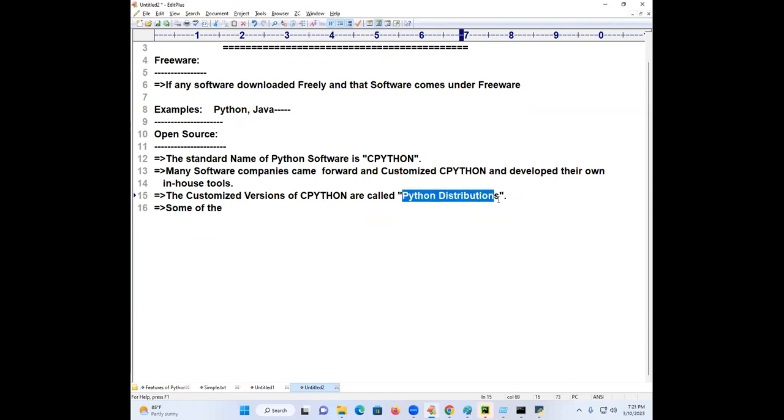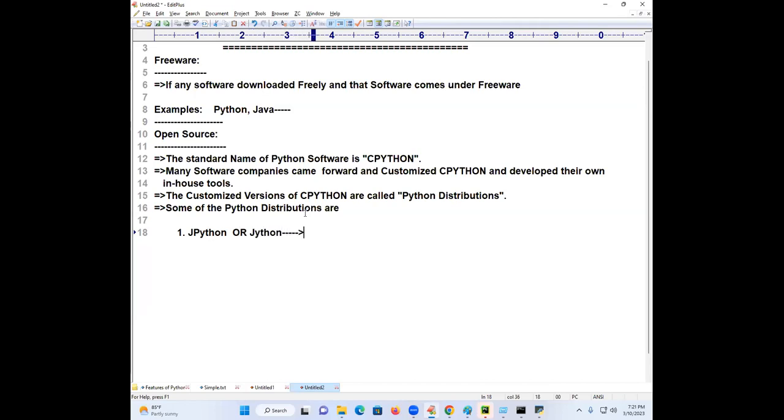Some of the Python distributions are, I will write some one by one. It's not necessary to remember all of them. The first one is JPython, also called Jython.